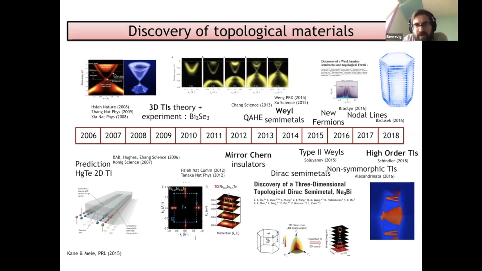Of course we have the elements in the periodic table, but with all these elements we can form compounds, and the number of materials that we can form increases basically factorially. We need some sort of classification scheme to put them in order, just like the periodic table of elements does. And this classification scheme, I want to claim, is topology, which allows us to classify compounds based on adiabatic continuation.